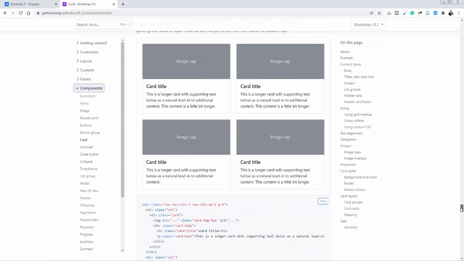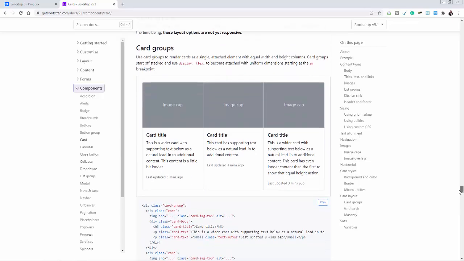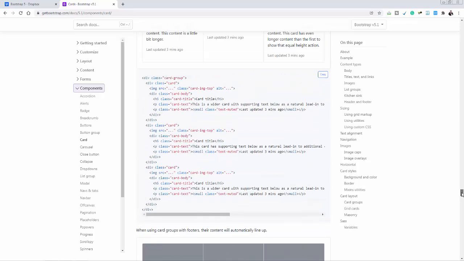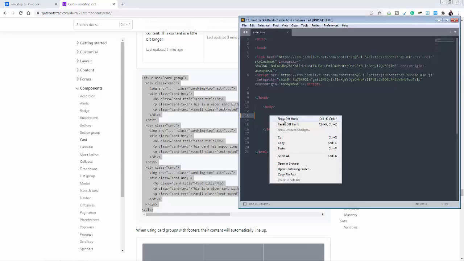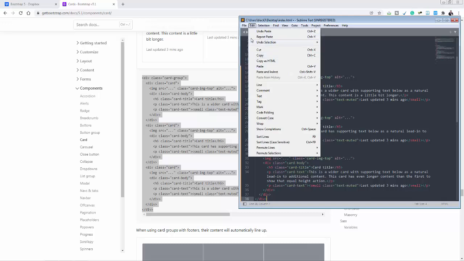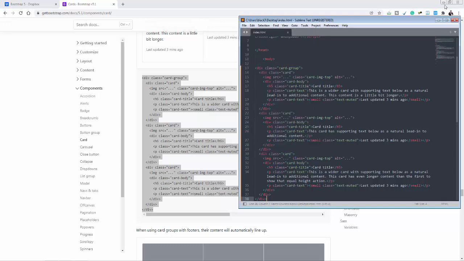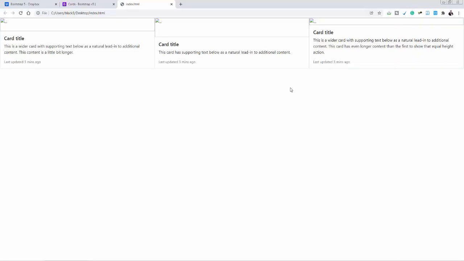So let's use grid cards or card groups. Let's use this one here. So let's copy this, go to our text editor, and paste it. Now let's save this and launch the site. Okay, so right now, as you can see, we don't have any images,